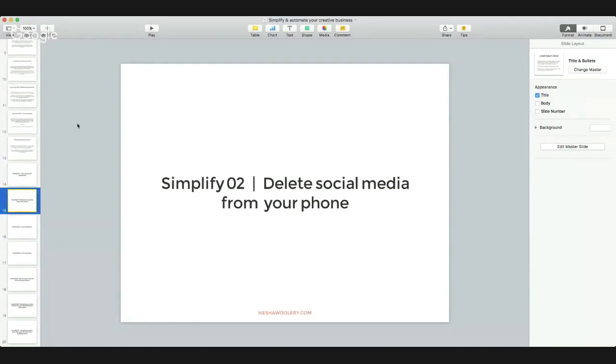The second way is to delete social media apps from your phone, because if you're like me and you can become addicted to Twitter or Pinterest or things like that, then deleting apps like that from your phone will save you a ton of time. So I deleted Facebook, Twitter, and Pinterest, and I just kept